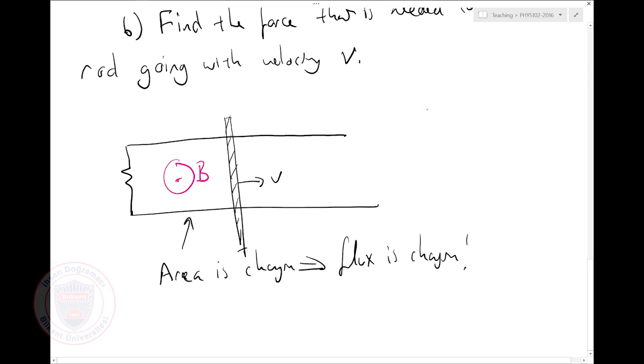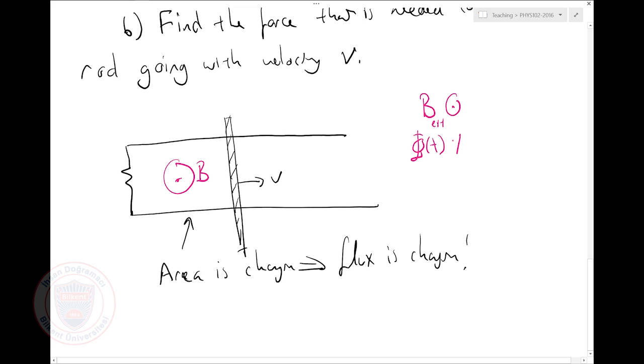Now, the external magnetic field, B, let's call this external, is coming towards us. Is phi of t, the flux through the loop, increasing or decreasing with time? It's increasing because the area